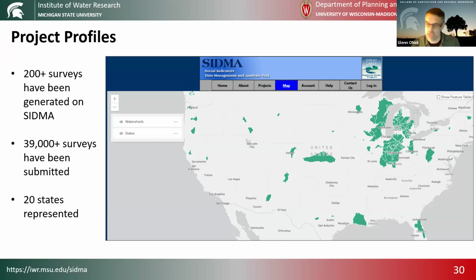And so you get a sense of the distribution of the projects. They've mostly been clustered in the Great Lakes region, as Ken mentioned on the history slide about where this project originated. So that's been much of the focus, but it has been picked up by other groups in other parts of the country, and you can see that expansion here in that slide,